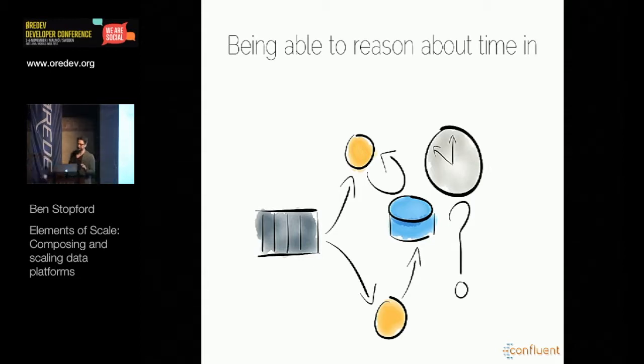But most importantly, the tricky thing is being able to reason about time. And this is the crux of this problem, that whenever we create a system like this, which involves many versions of the data across different replicas, we have to have some way of coordinating them. Certainly if processes are going to read, particularly read from multiple different sources. So reasoning about time is a bit of a trickier one, and is not particularly well solved yet.